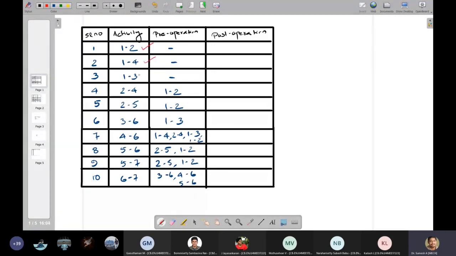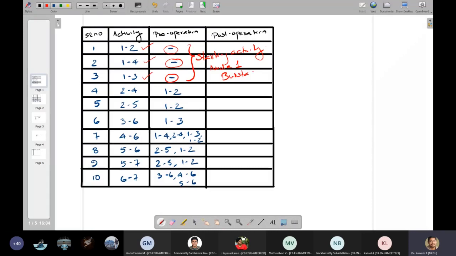If they do not have any pre-operation, it means they are all starting activities. From node number 1 all three activities will start, so node number 1 will be a burst activity node.